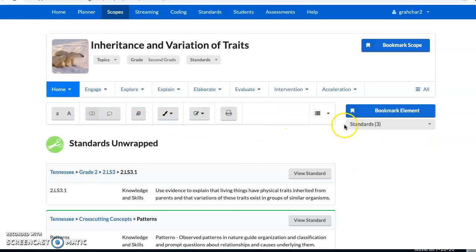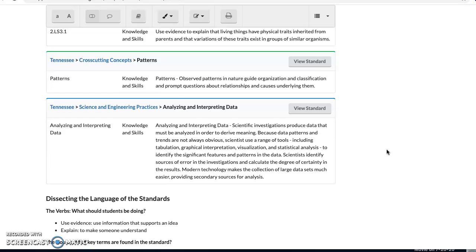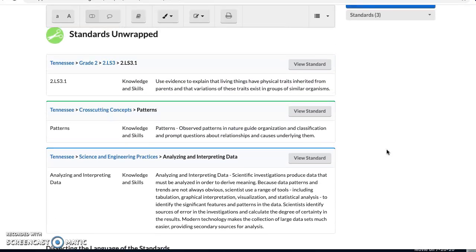So we'll start here with the standards unwrapped, and for us in Tennessee, there is one standard covered in this scope, a cross-cutting concept of patterns, and a science engineering practice of analyzing and interpreting data. And when we get our scope and sequence charts, this will be included as well in those. I'll be making those just as I did last year. And so all this information will be synthesized into that document, but it's also right here for you as well, so that you can see what